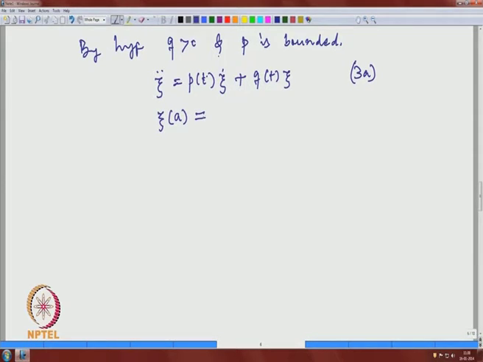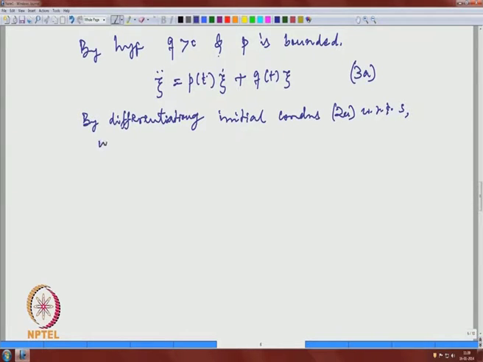So let me just write what you get: by differentiating the initial conditions at a, with respect to s, everything with respect to s, we obtain